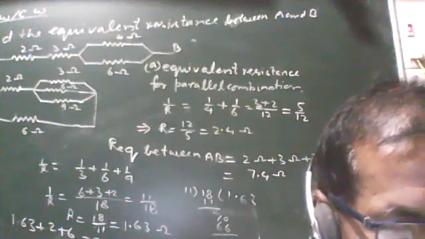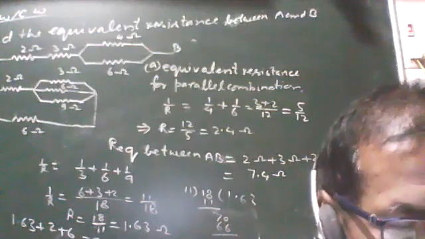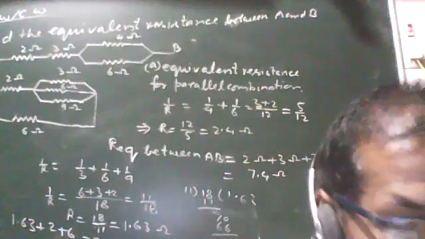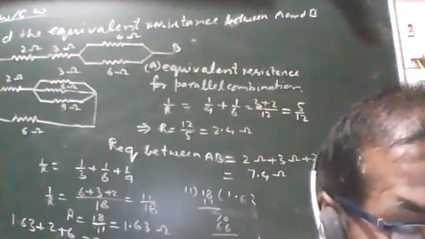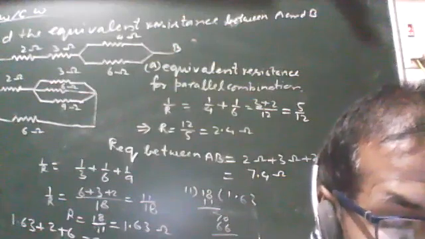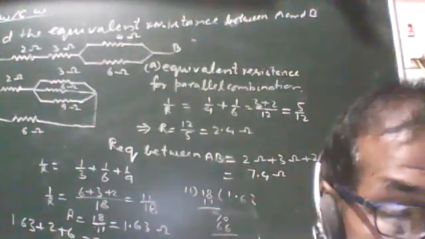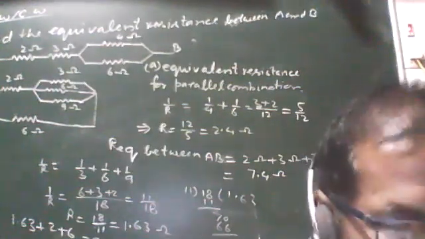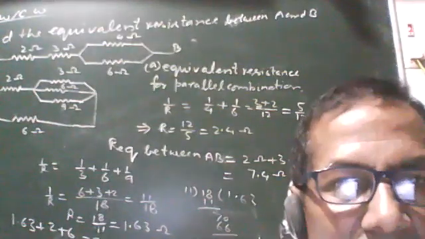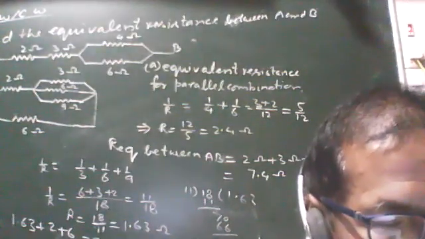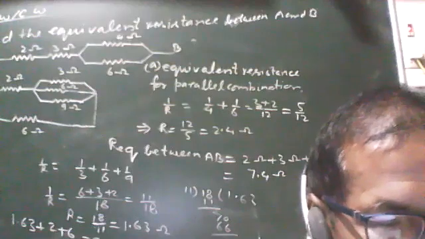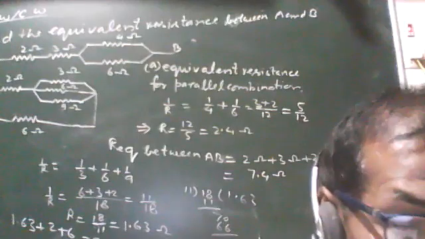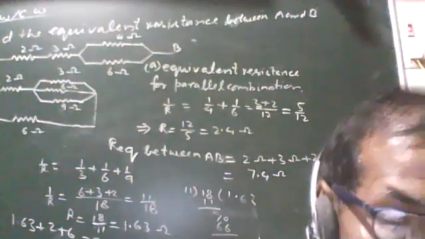For question number 2 solution, listen to me. An electric lamp of 100 ohm, toaster 50 ohm, and water filter 500 ohm are connected in parallel to 220 volt. These R1, R2 and R3 are in parallel combination, so it is very easy to find the equivalent resistance. You will write 1 upon R is equal to 1 upon 100 plus 1 upon 50 plus 1 upon 500, and the reciprocal will be the value of equivalent resistance R.